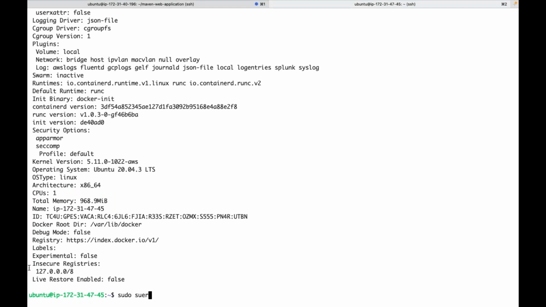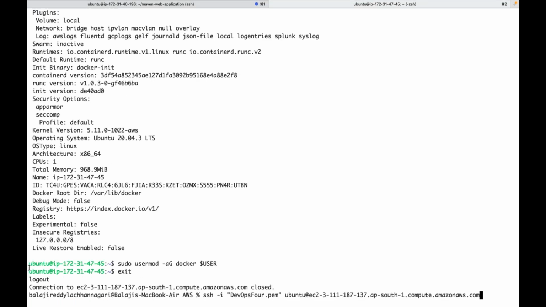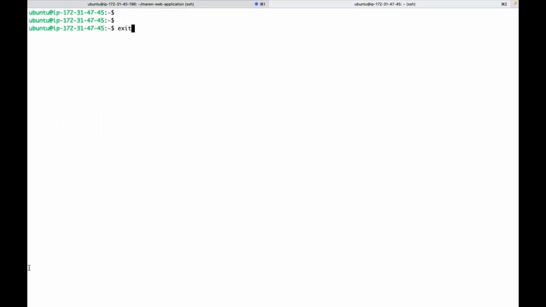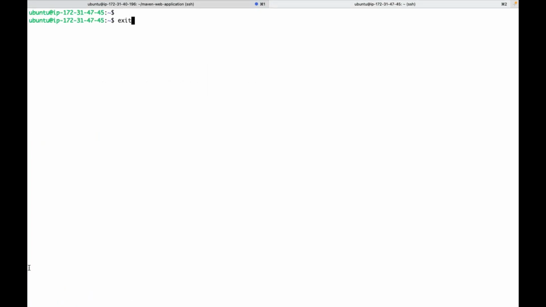So sudo usermod -aG docker current user. Now this won't reflect in the same session. I am coming out of that session and logging in again. Now this time, as a normal user also, am I able to execute docker commands? Now if I execute this command,